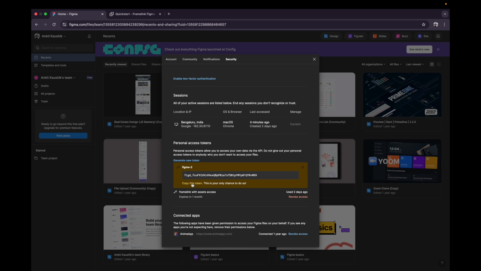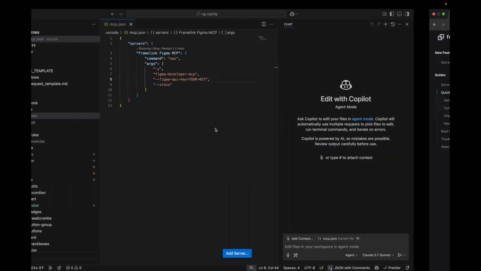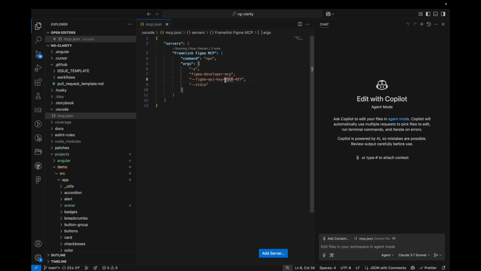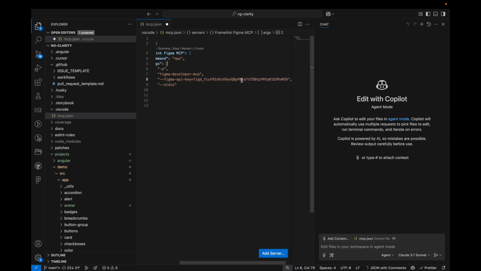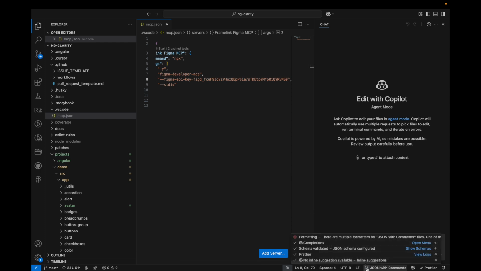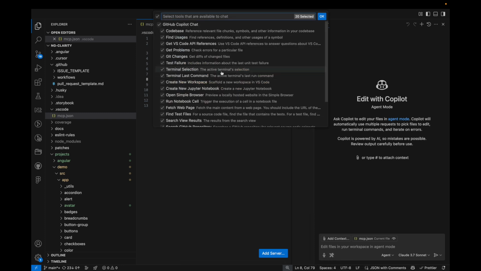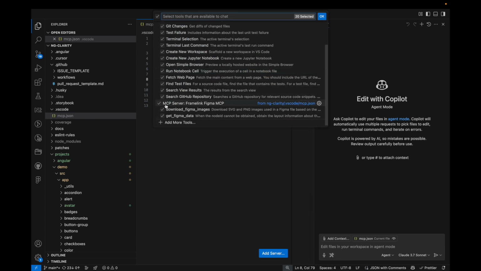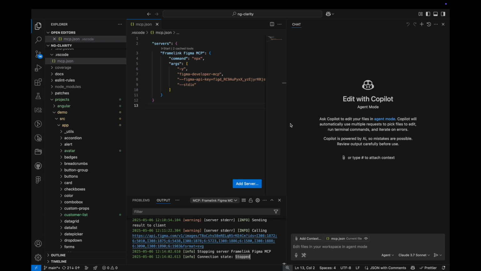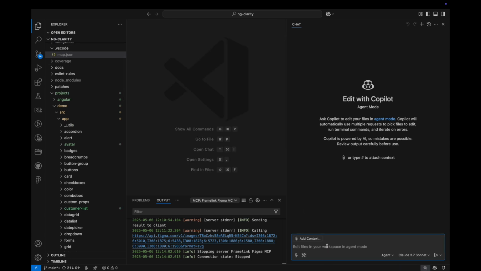Okay, now I'll just copy this token and paste it here, and I save it. After saving, you see something is happening. I'll click on the settings icon again and see, yeah, it is reflecting my MCP server here. I think it should be good to go. After this, let's add a prompt. Build a standalone Angular component